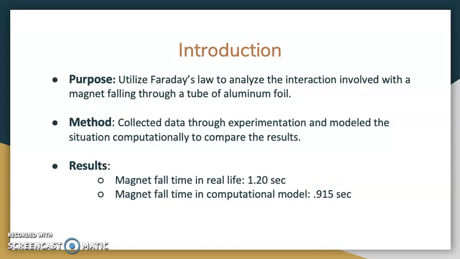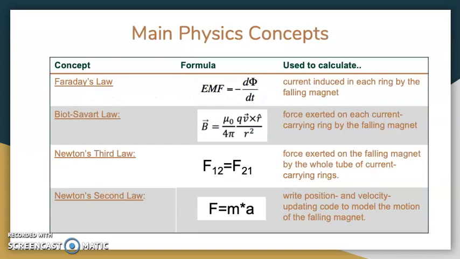From this, we determined that in real life, the magnet fell in 1.20 seconds, but in the computational model, it took 0.915 seconds. So the main physics concepts used in this lab included Faraday's law, which was used to calculate the current induced in each ring by the falling magnet, the Biot-Savart law, which was used to calculate the force exerted on each current carrying ring by the falling magnet, Newton's third law, which is a law detailing equal and